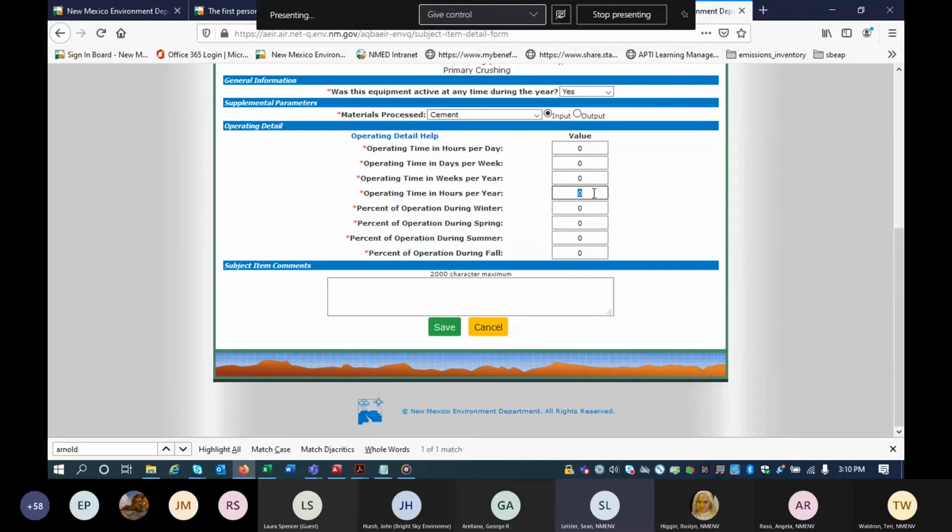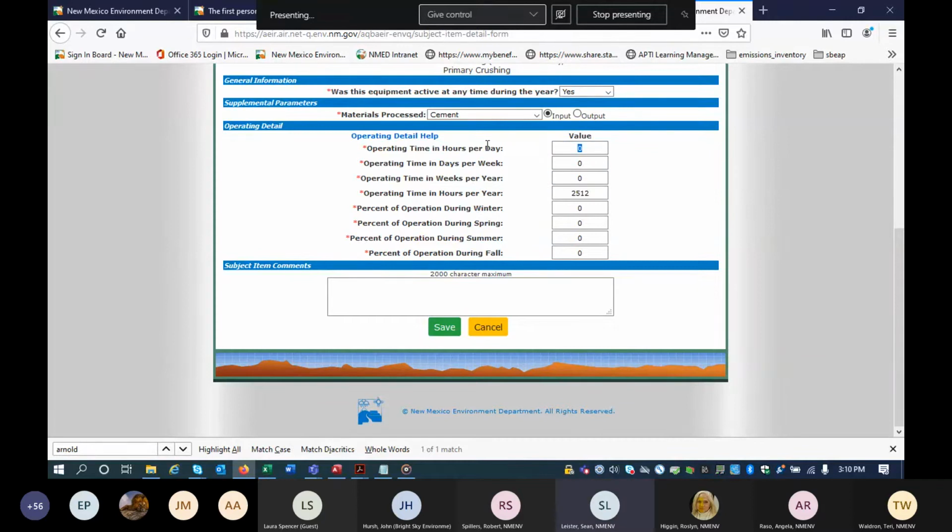So if you know that you operated for 2,512 hours during the course of 2020, put that in for that individual piece of equipment. And then the rest, if you've been keeping detailed information, feel free to put it in here. I say that this is the most important one because some people have equipment, such as generators or something, where they didn't have consistent operating hours during each week or during each day, because these other 3 questions are kind of assuming that you have consistent operating hours. So if you don't, just make sure that this one is correct and average out the other 3.